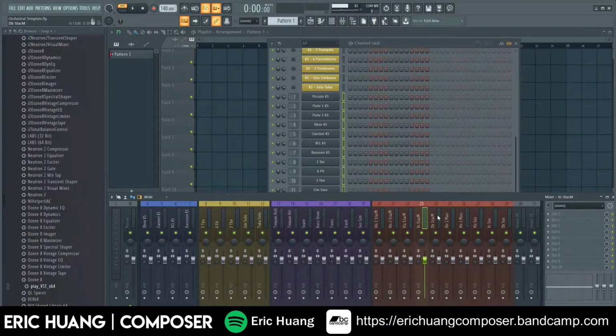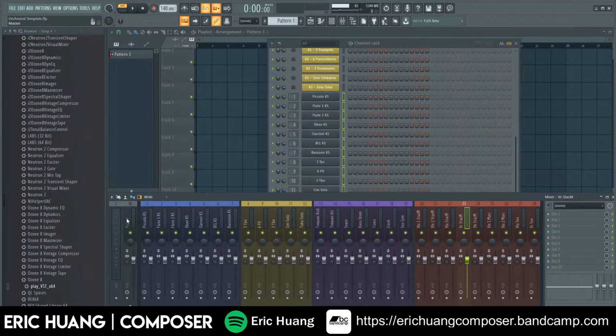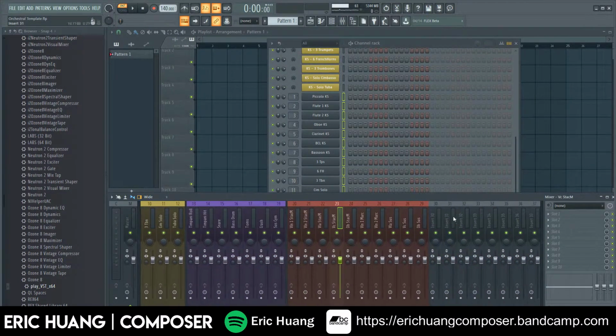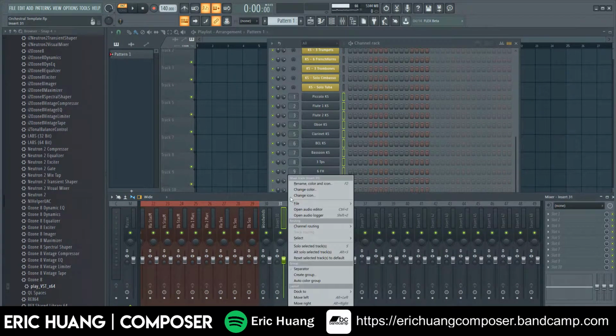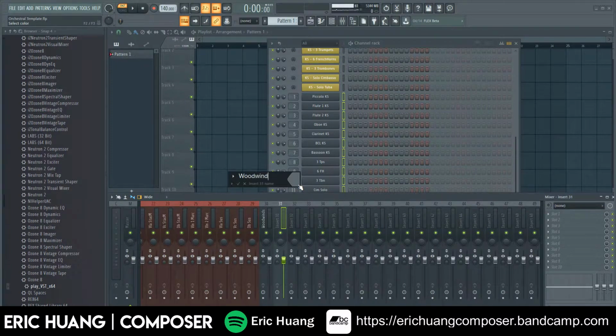So now our last thing we're going to do is add in the main mixer tracks for all of them. So for example, over here, I'm going to start with woodwinds. And then we're going to make 2 of these, and I'll tell you why. Woodwinds. So what we're going to do first is click this one and deselect this one. So instead of being linked to the master track, we're going to now link it to the second one right here. So what I like to do is create these 2.